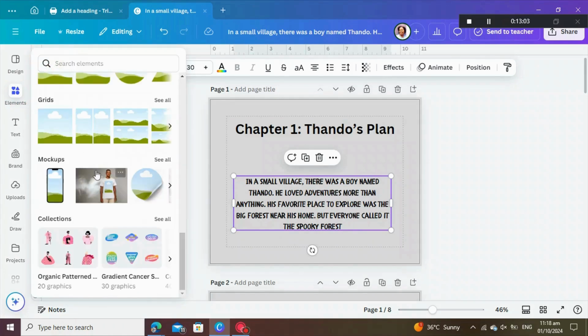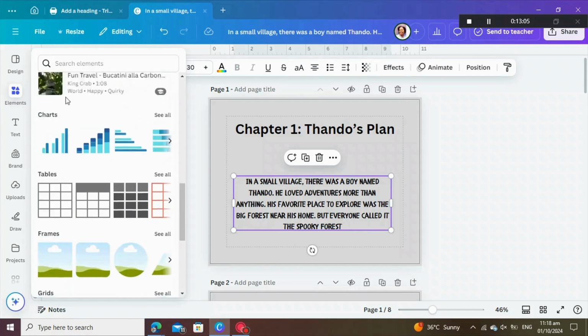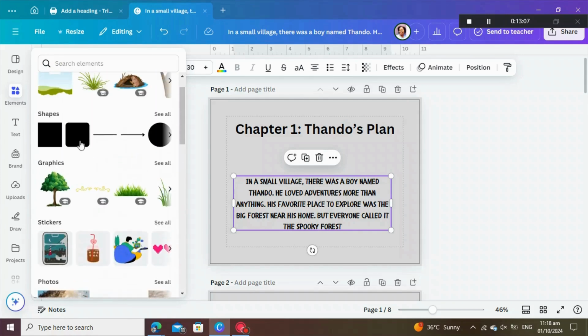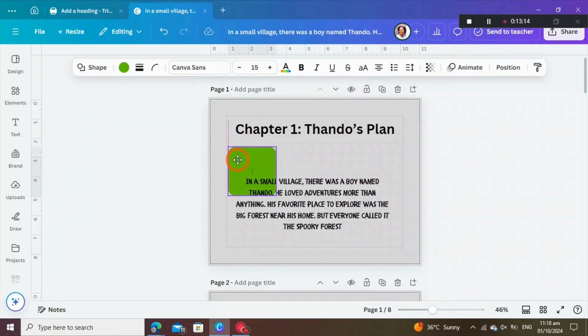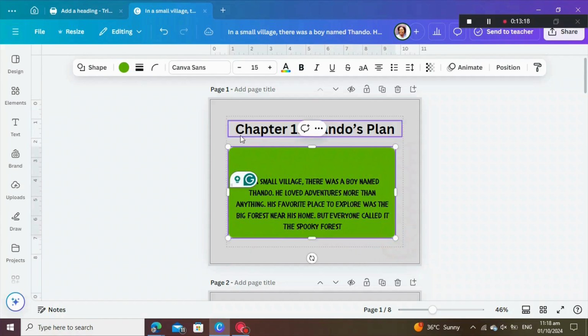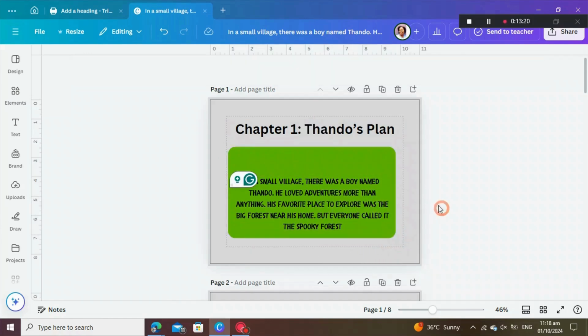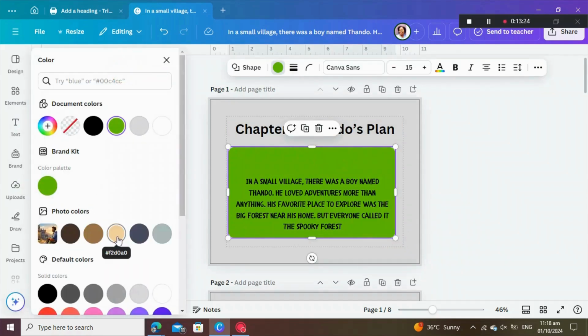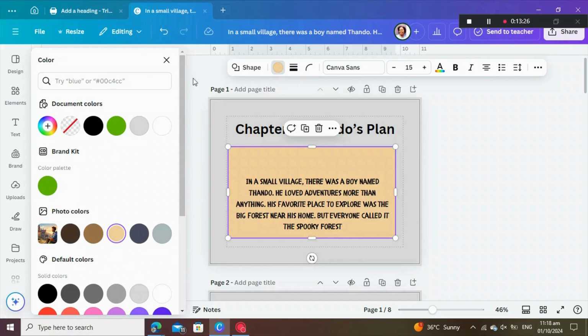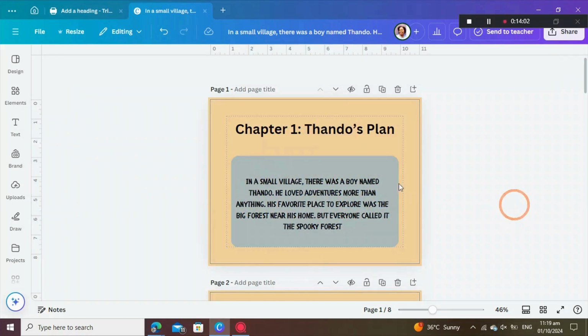I need the shapes right now, so we're gonna go back and get some shapes. We can choose any shape that you prefer. Let's just take this one, and then let's just move it like that. Okay, so we can just change the color. I don't like this bright color. We can just change it to this. What we can do now is to